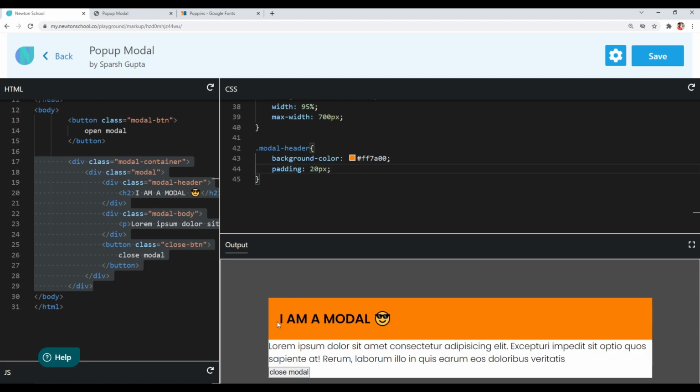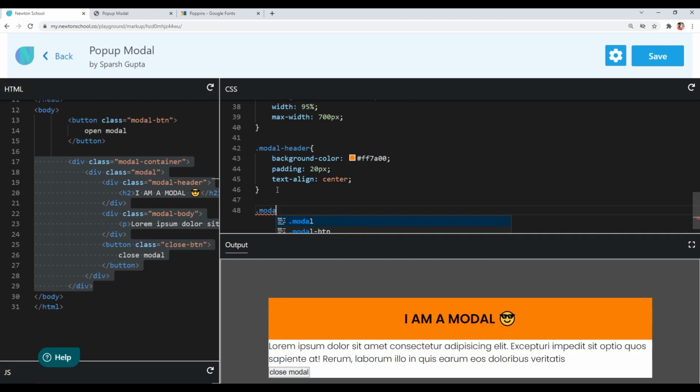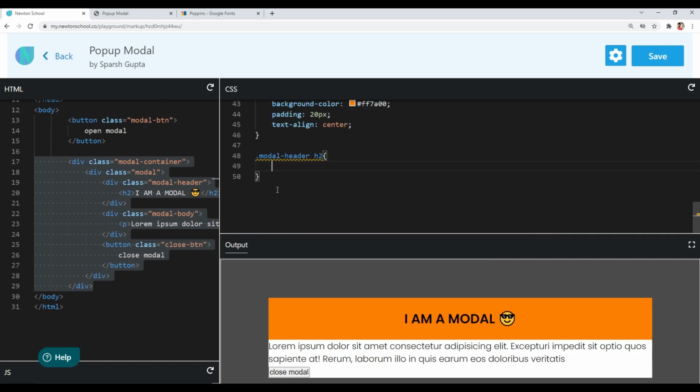Now I want our heading to be in center, so I will give text align center to our modal header. So you can see our heading is in center now. Now let's style our heading. So I will target the H2 inside our modal header and I will give it a color of white.